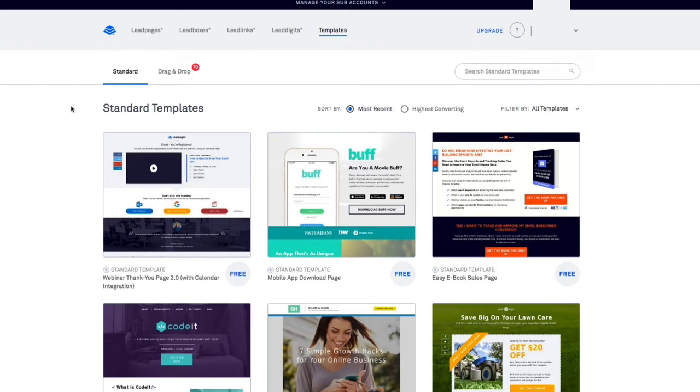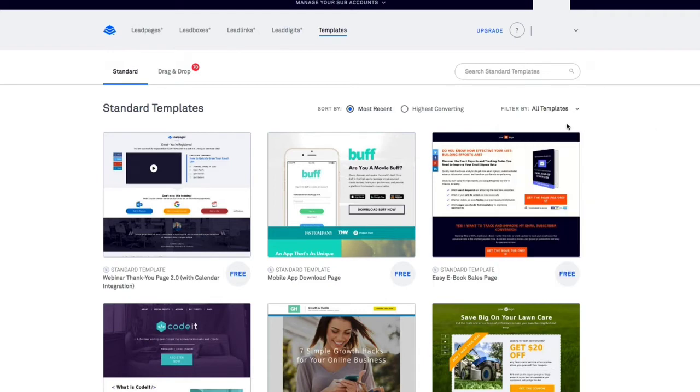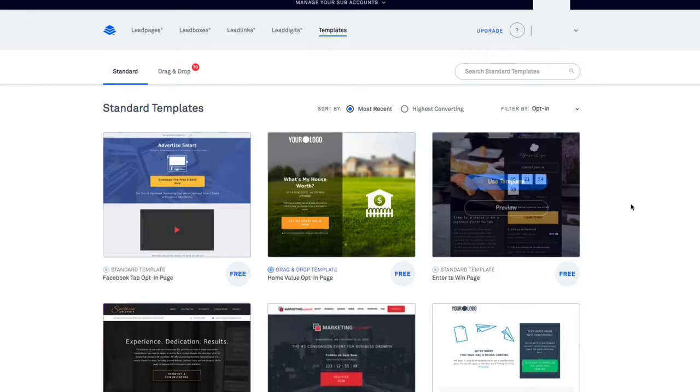This is sorted by standard templates. So you've got all sorts of templates such as thank you pages, webinar pages, sales pages, launch pages, upsell bonus pages, and more. But for this purpose, we're going to create an opt-in page. So from the filter by section, we want to click that drop down, click on opt-in,